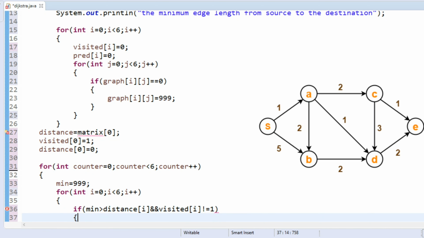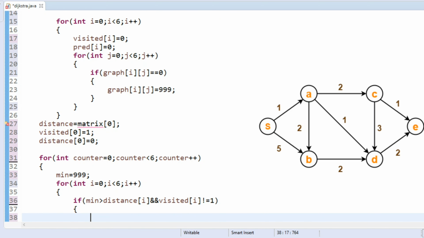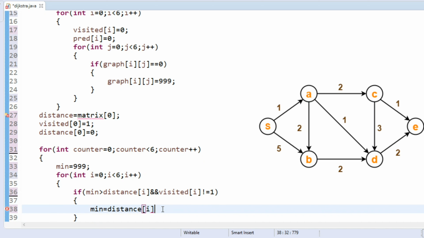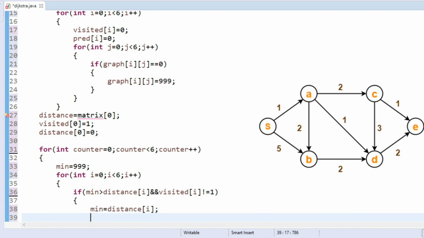If it is 0, it represents that the vertex is not visited. If it is equal to 1, it represents that the vertex is visited. So min equals distance of I. Okay, and after that we are going to update the next node. Next node equals I.